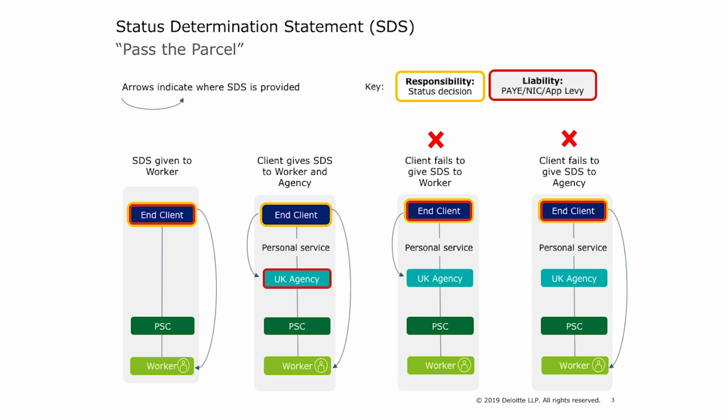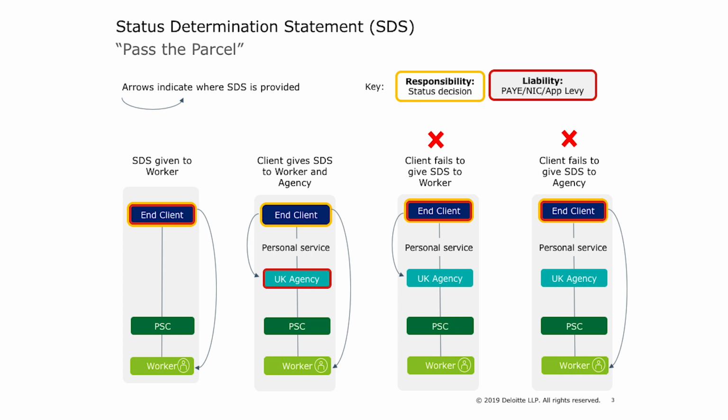However, if the end client fails to provide the SDS to either the worker or the agency, then it will still remain liable for any pay-as-you-earn and NIC that is due in relation to that engagement. Note that if this situation were to arise in the case of HMRC review, then this would also mean liability